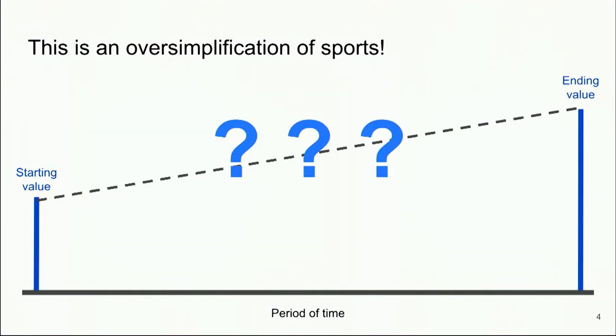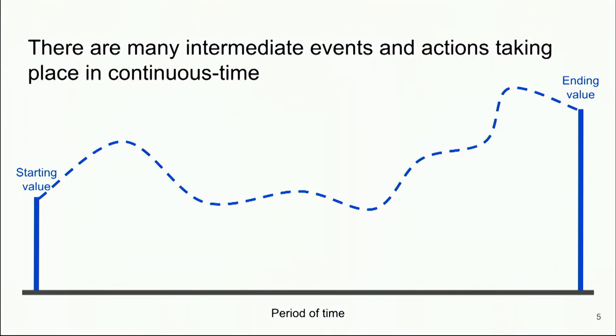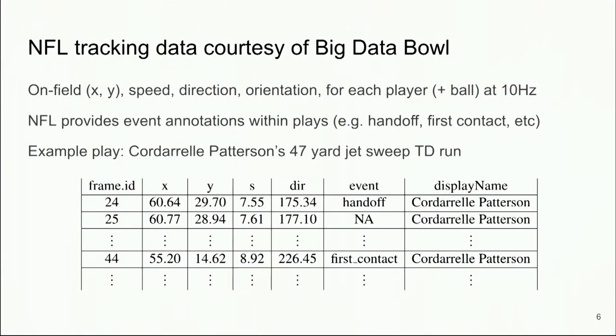All right, sports are not just discrete states. Maybe baseball is, but football is a much more complicated game. There's a lot of action going on in between the plays, and what I really want is some notion of within-play value. So episode 2, 2019, was Attack of the Tracking Data, where we had the Big Data Bowl enter in,